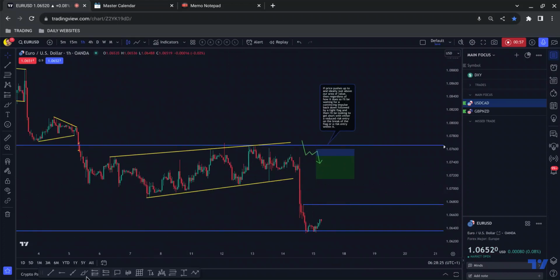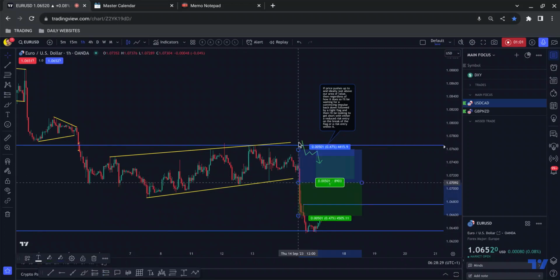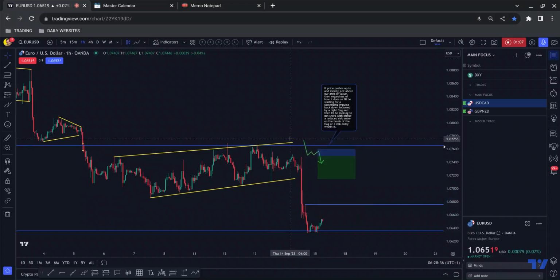Do you have a risk to reward tool on like this? Do you have a massive stop loss like that? You're seriously diminishing the risk to reward by doing something like that. So you have to have rules in trading.